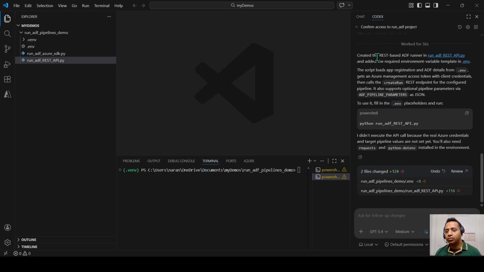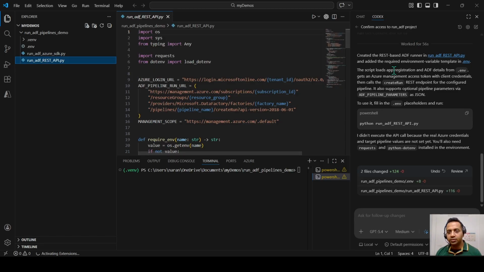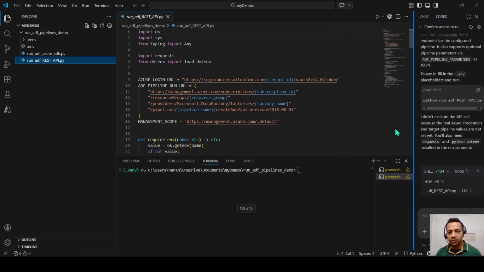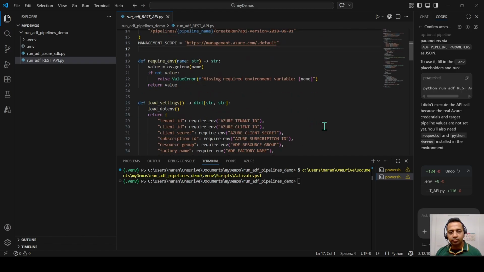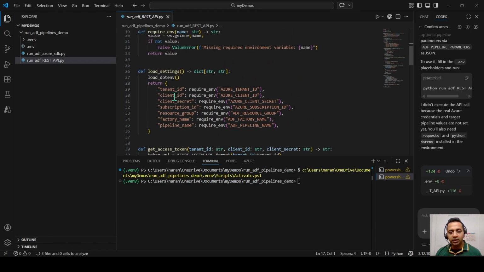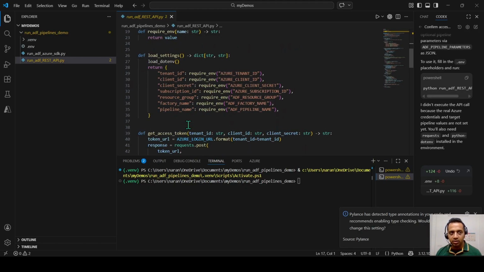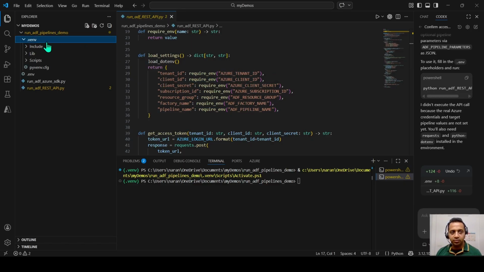Okay, so created a REST-based ADF runner. This added the environment variables, etc. Two files changed, which is fine. This is the code that Codex has written. Okay, tenant ID, client secret, subscription ID, the resource group, factory name, pipeline name. Yes. So of course we will be defining all of this in our